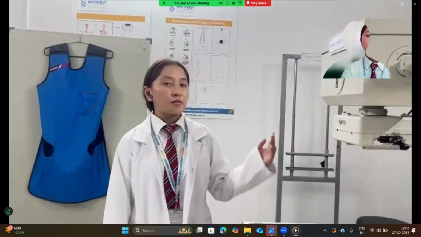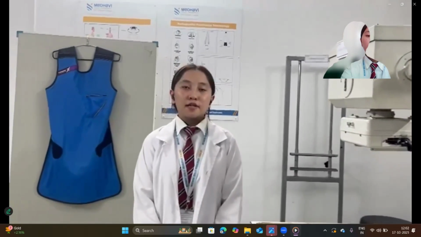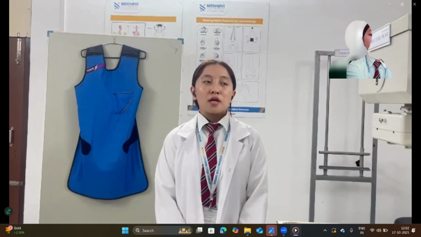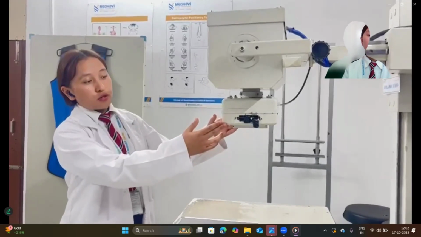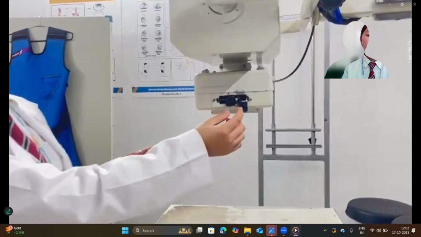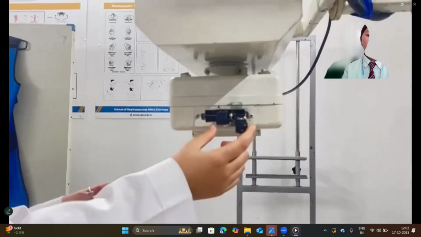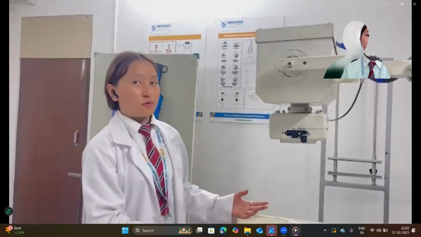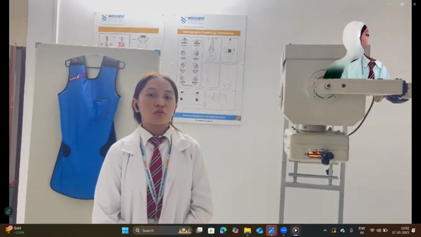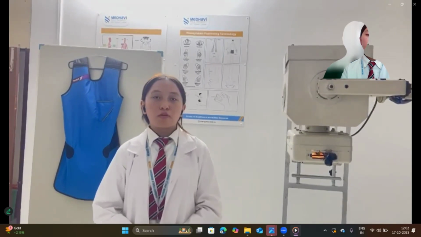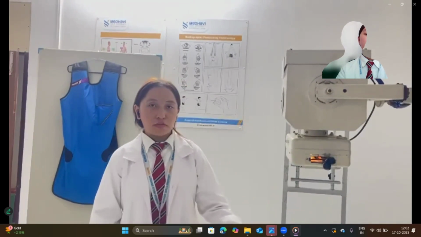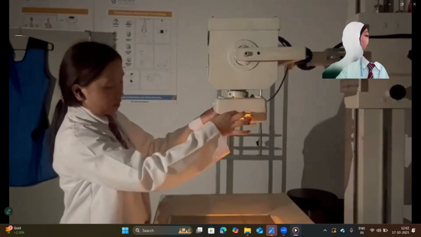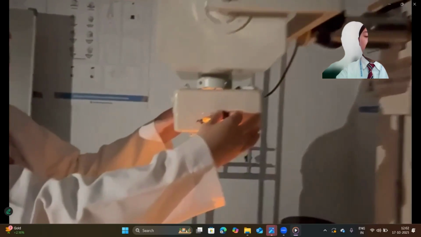The collimator is a part of the X-ray machine, and it is a device which controls the shape and size of the radiation beam. So this is the collimator. You can see here, this is the adjustable metal shutter which helps to open and close the beam of the projection. So I'm going to show how to use the collimator. I'm going to turn off the light because the collimator light is not visible. So this is how we adjust the collimator with the help of the shutter